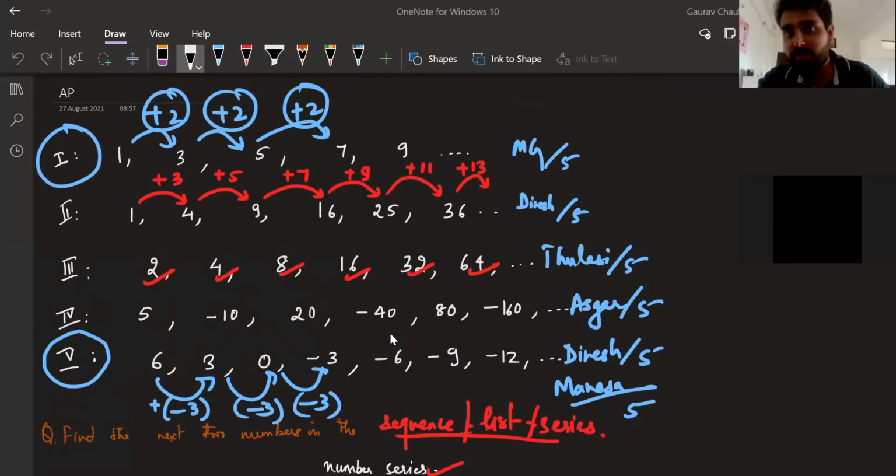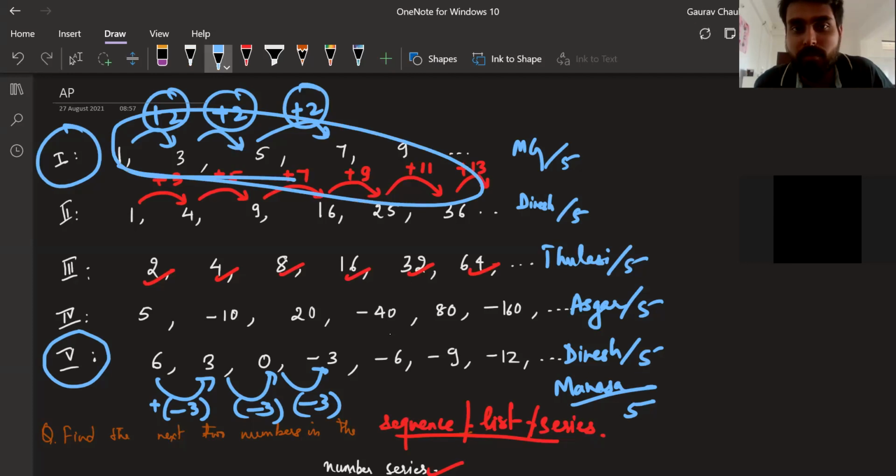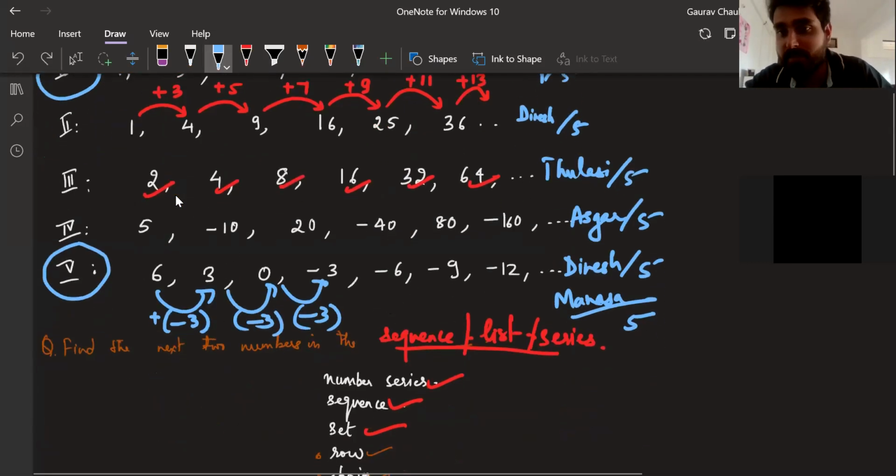We also understood one thing: how are we guessing the next 2 terms? That's by finding some rule which works for whatever numbers are given on the screen for us, on the question list already. Based on these 5, we're finding the next 2. And we did that for all of this.